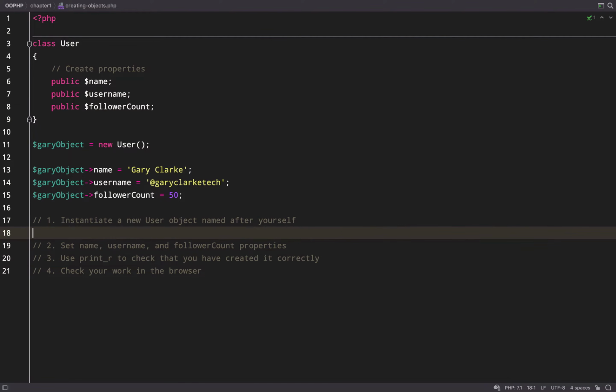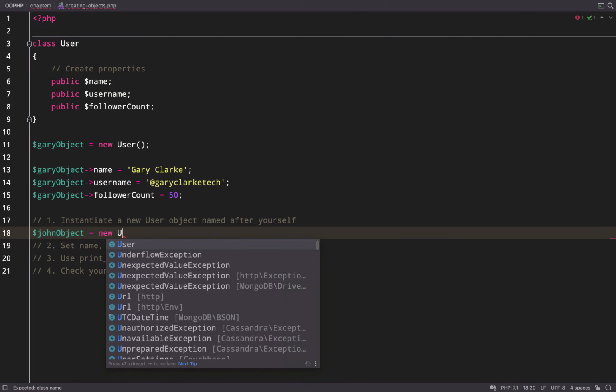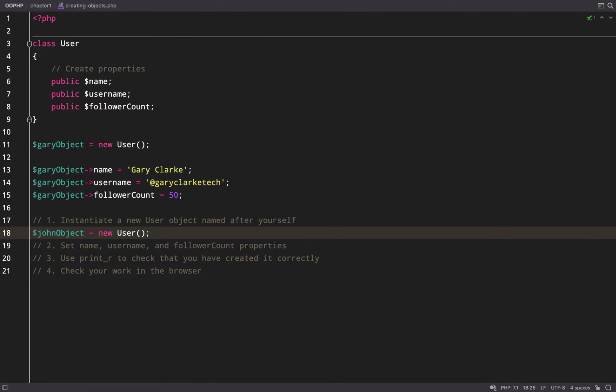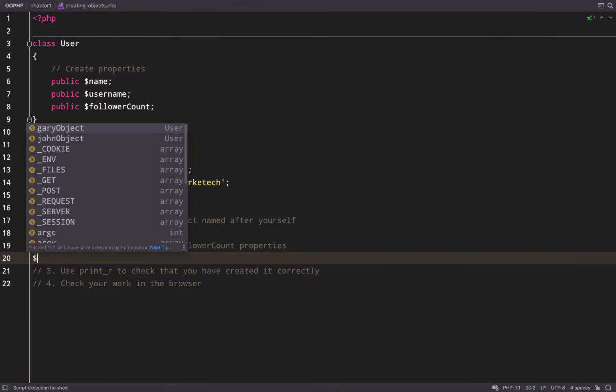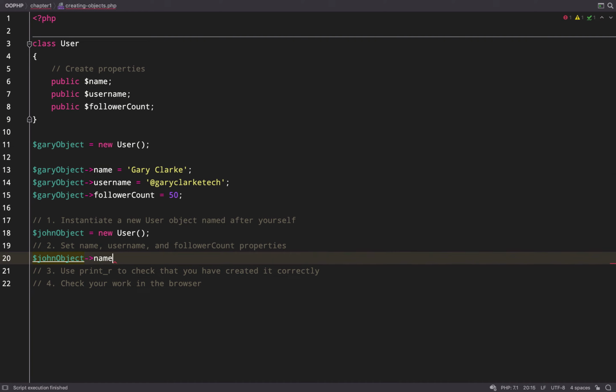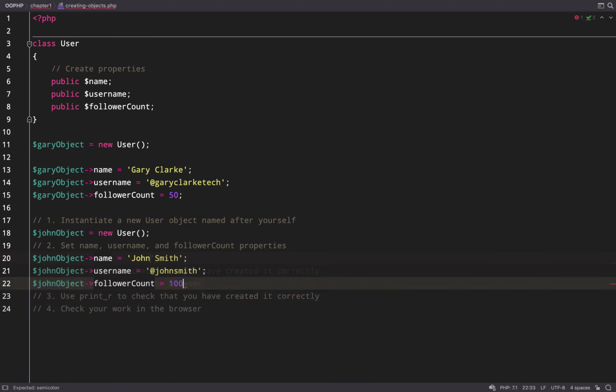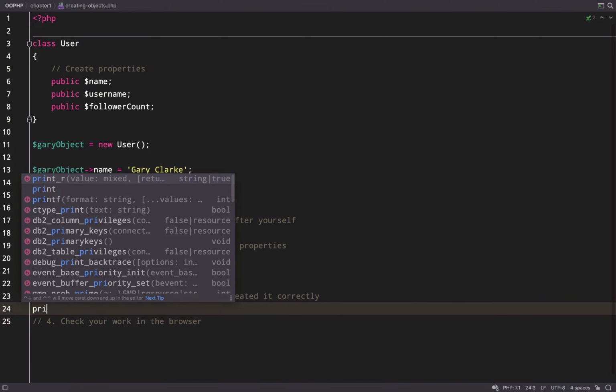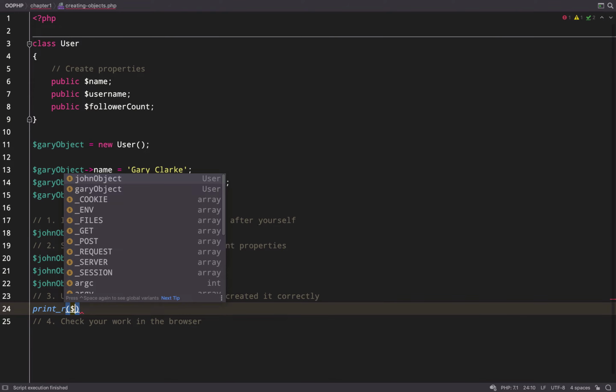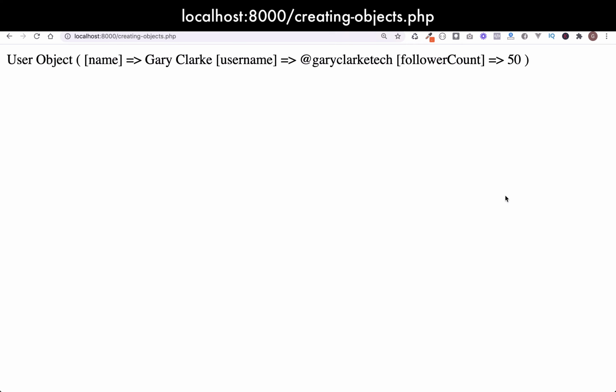Here's my solution. So say for example your name was John Smith. This is how we would have done it. So $john object equals new User and opening and closing parentheses, and then same as we did for my name, username, and follower count, we just assign these properties. We do that in the same way that we assign any value to a variable. We use the assignment operator, otherwise known as the equal sign, and then all we're doing here is we're just going to print that out over to the browser, and there you go. So the name has a value of John Smith, username has a value of @JohnSmith, and the follower count